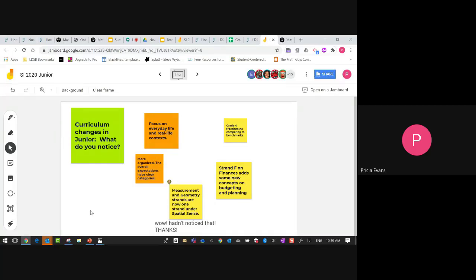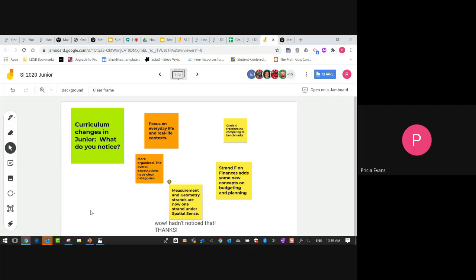Some of the key points that I wanted to highlight are the math facts. So math facts is new, it's under number sense. But I just want to point out that within the description, it is taught through fluency and flexibility. We want to make sure that we are providing students lots of opportunity to work with numbers flexibly and fluently, and to build their automaticity. We don't want to go back to memorizing math facts. We still want to build an understanding through what we know are best practices.